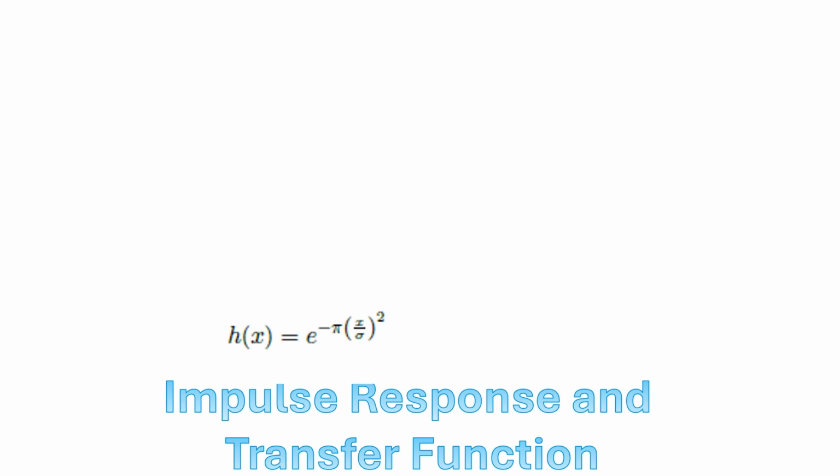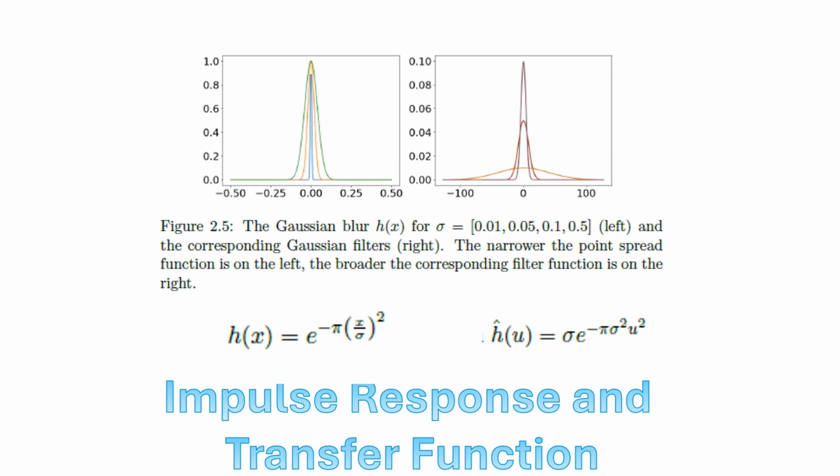Let's take an example of a particular kind of impulse response. A common impulse response would be the Gaussian distribution. So this is a localized impulse response that, as sigma gets smaller, would be more and more localized. Its Fourier transform also turns out to be a Gaussian distribution. So the Gaussian has the property that its own Fourier transform is also a Gaussian. Here are plots of the impulse response for various values of sigma, the width. So as sigma gets